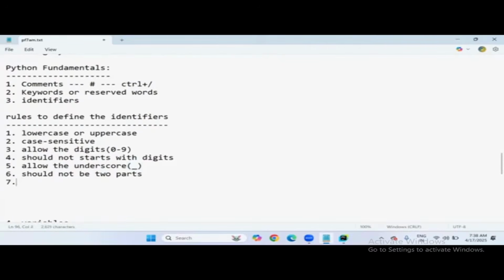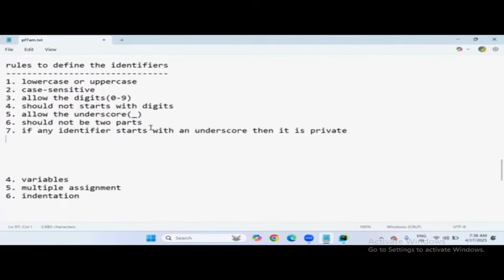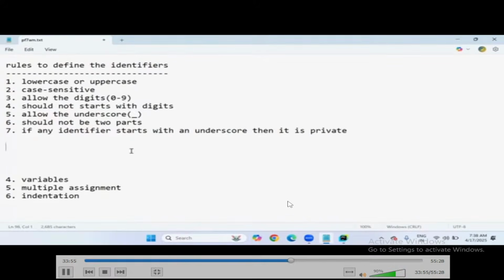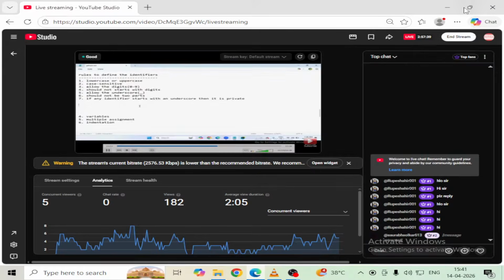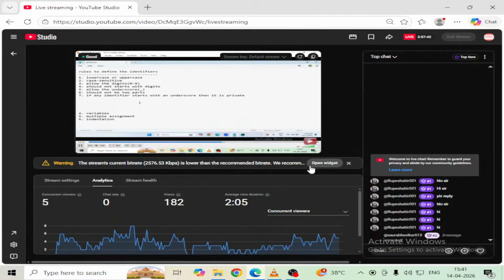Next, the 7th rule: if any identifier, that means a name, starts with an underscore, then it is private. Private means what, I'll tell you. If any identifier or name starts with an underscore, then it is considered private. But remember, sir, by default in the Python language, all the variables or method names are public in nature. So if you observe programmers of other languages like .NET, Java, C Sharp, okay, like this,